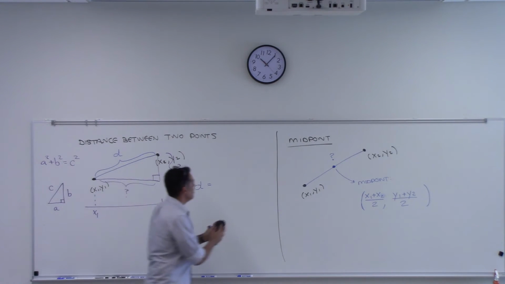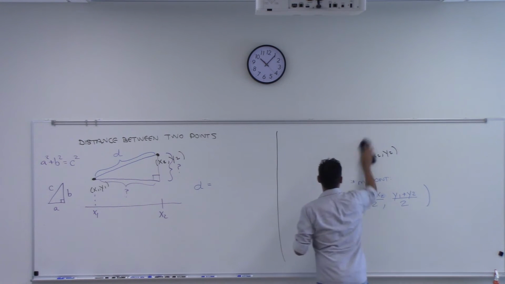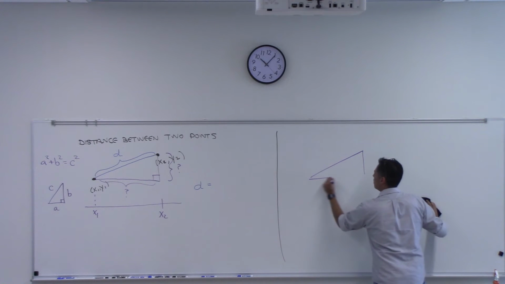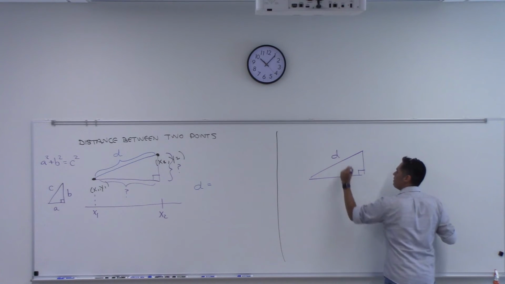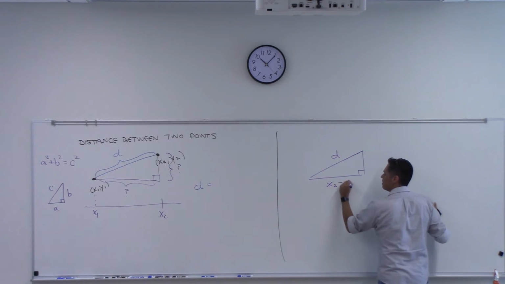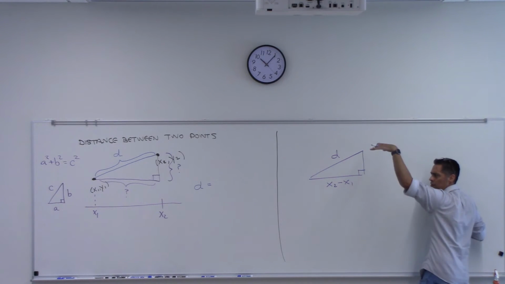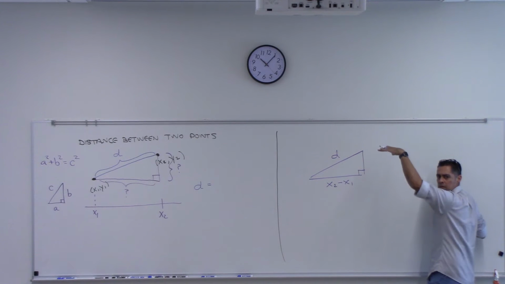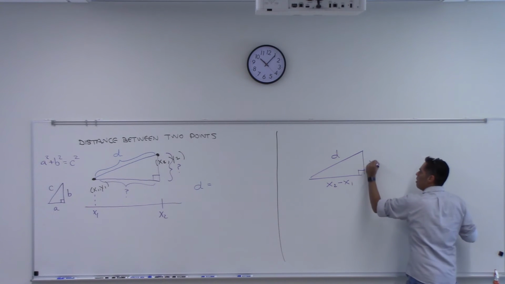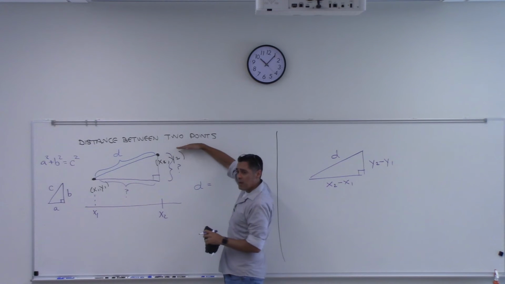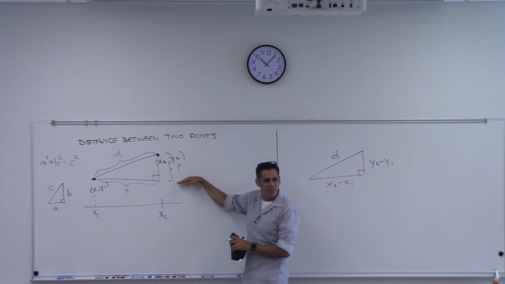I'm going to draw a different triangle over here so it doesn't look as bad. So this right here, this is D we're trying to find. This is the x2 minus x1. And then this one would be similar idea. What minus what? y2 minus y1. Right? It would be the difference of the y coordinates. However tall this one is, take away the height of this one. Is this making sense, everyone?